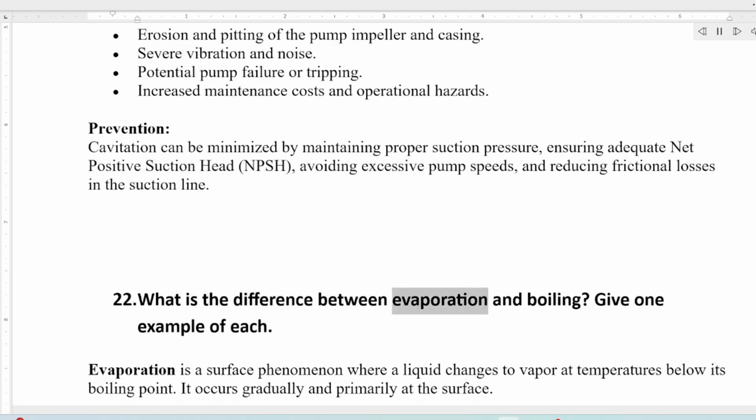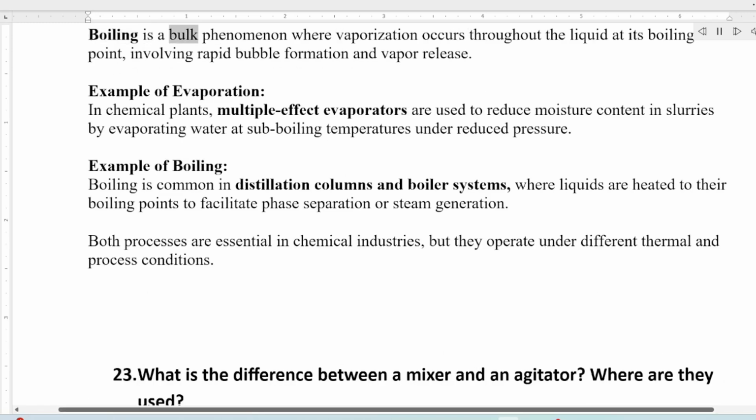What is the difference between evaporation and boiling? Give one example of each. Evaporation is a surface phenomenon where a liquid changes to vapor at temperatures below its boiling point. It occurs gradually and primarily at the surface. Boiling is a bulk phenomenon where vaporization occurs throughout the liquid at its boiling point, involving rapid bubble formation and